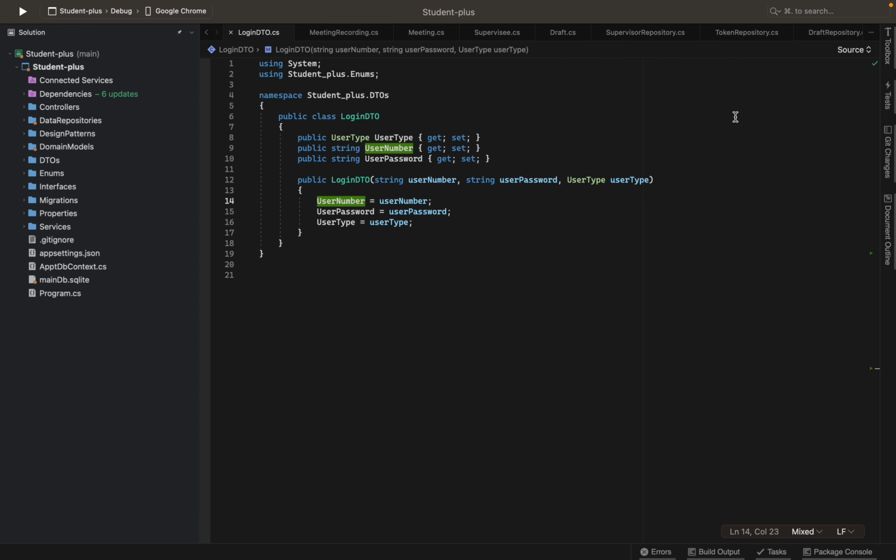This is how it's done in the large scale applications as well. And this is the common pattern